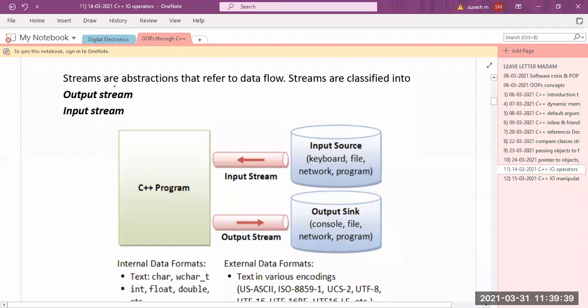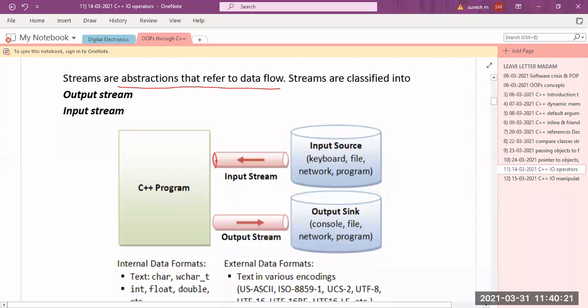Yes sir. So streams are abstractions that refer to the data flow. That is your abstraction. What does data abstraction mean? I don't want to consider what happens internally. Where the input stream is inside and where the output stream is, we cannot see. It is just the memory itself that acts as a stream. That's it. Within a computer the memory itself is acting as a stream. A group of bytes will be allocated which acts like an input stream. It is an abstraction because I cannot see inside how this memory gets allocated. So streams are abstractions that refer to the data flow.